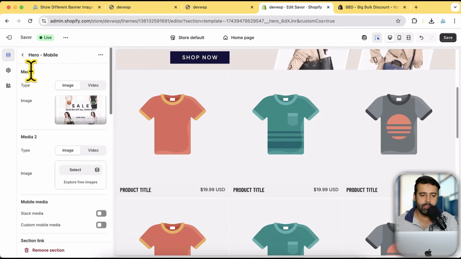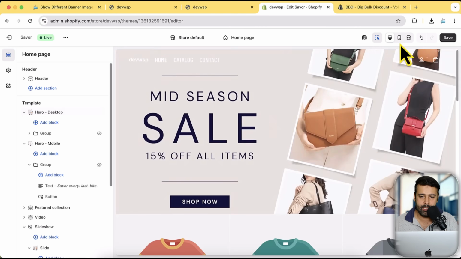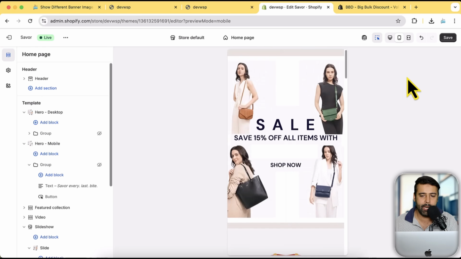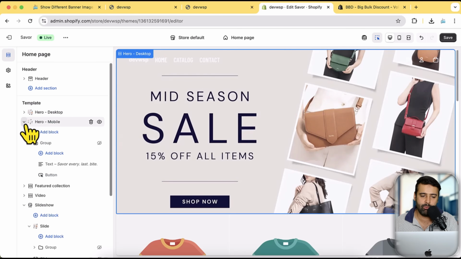Once done, you will see that we will have only one banner showing up, one for the desktop version and one for the mobile version. Looks cool, right? Now your issue is fixed. Now you will do the same thing with the slider as well, and the same code is going to work